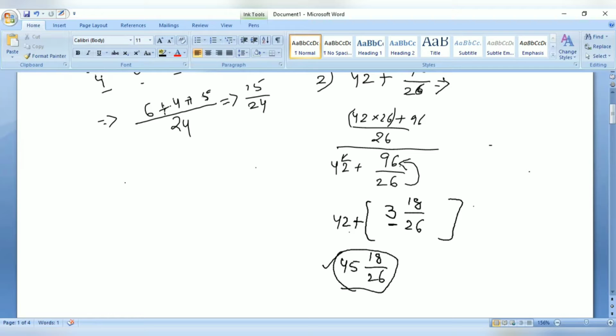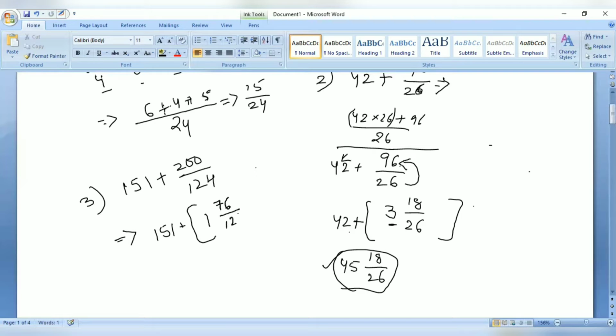Now let us take another problem with some numbers, let us say 151 plus 200 divided by 124. What is the procedure we need to do? We need to write 151 as it is. Now 124 and 200. 124 ones are 124, 124 twos are 248, so the value is increasing. Now 124 ones are 124. What is pending? 76.